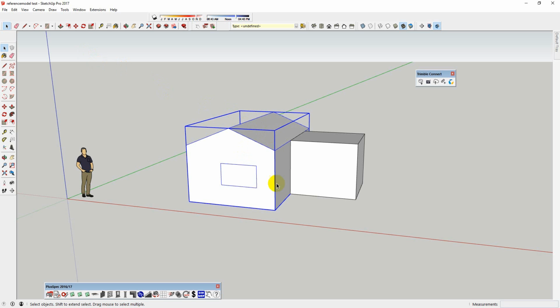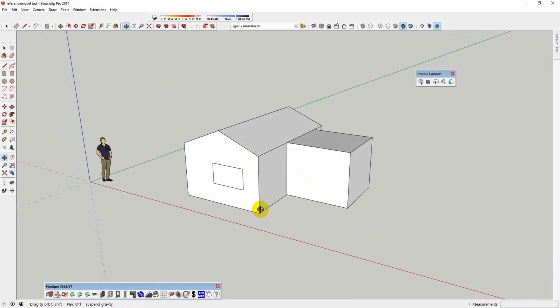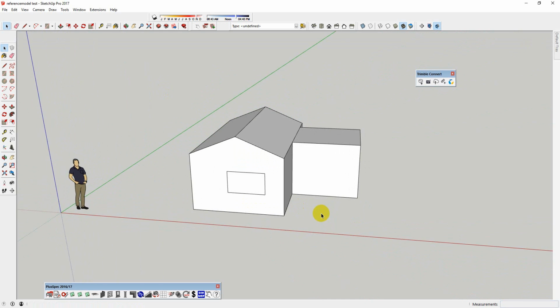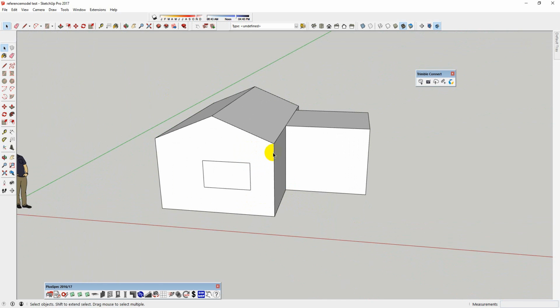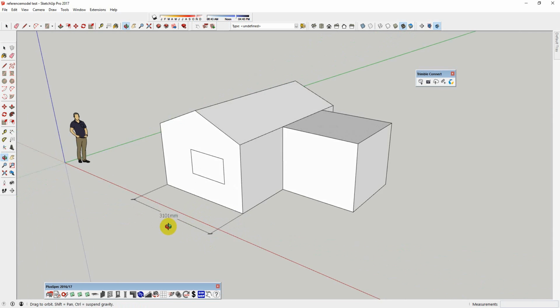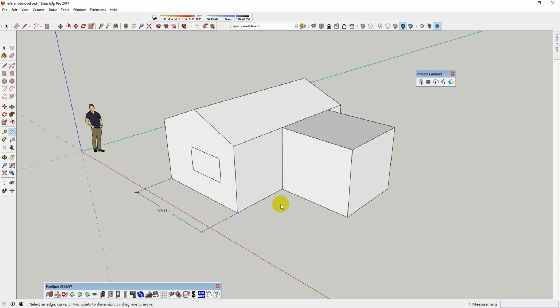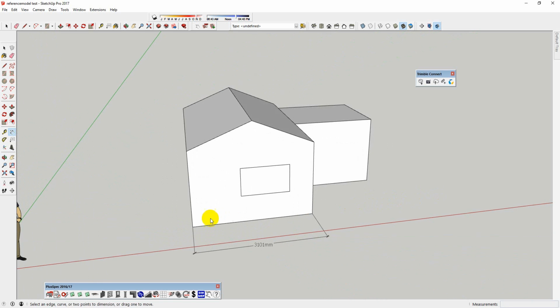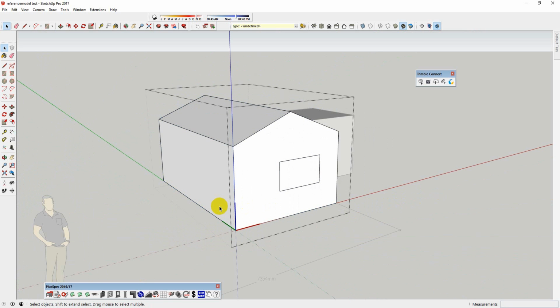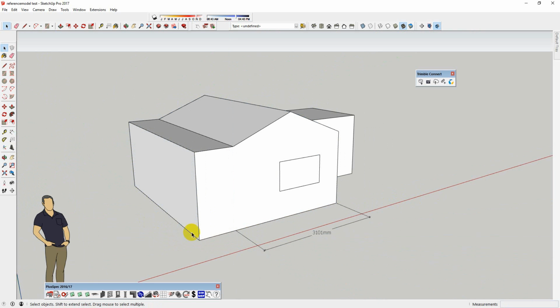Okay, so before I mentioned a thing called persistent ID. Now, what I'm going to do is I'm going to quickly put this into Layout. The Taj Mahal it is not, and I'm just going to quickly do a couple of dimensions here just so we can see sort of what happens. Now, you don't dimension here if you're going to dimension in SketchUp, however, I'm just going to do it to show you what it means. Essentially, if I move this in SketchUp, like this,